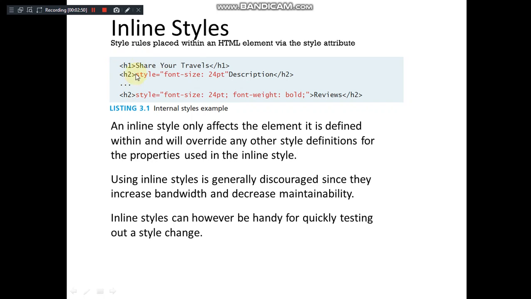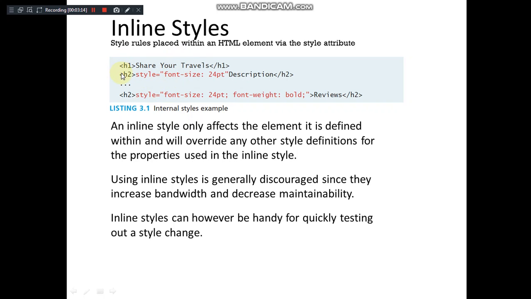That means for H2 you are saying that the style font size should be 24 point through the style attribute. This way of specifying a style rule for a particular element of the HTML by means of using a style attribute is an inline style sheet, right? So it is affecting only that element wherever it is defined, right?